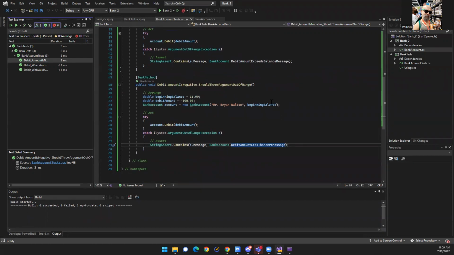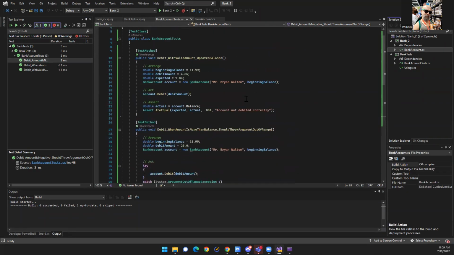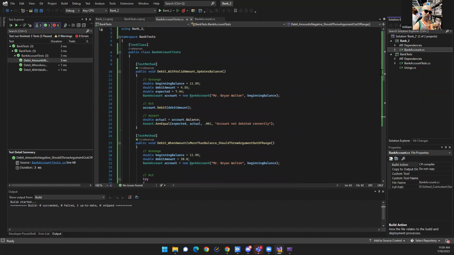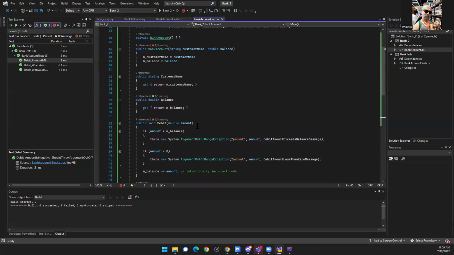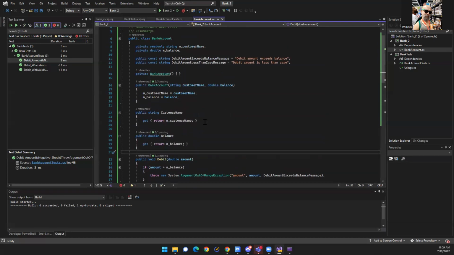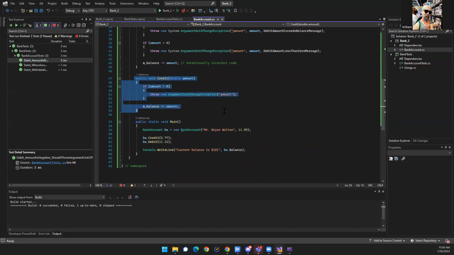Now, let's say I wanted to keep going here and I wanted to move beyond just this debit one. Let's take a look at our bank account. We also have a credit one. That should pass. There we go. We also have a credit one. So let's just quickly write our own custom test to make sure credit is